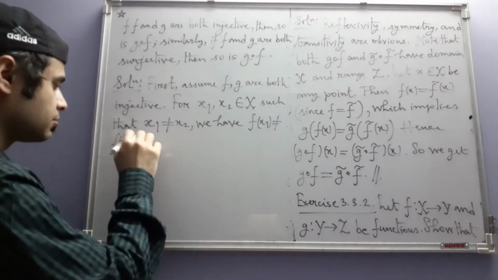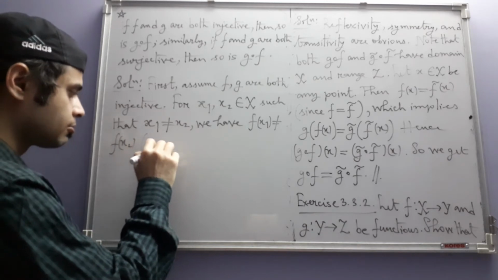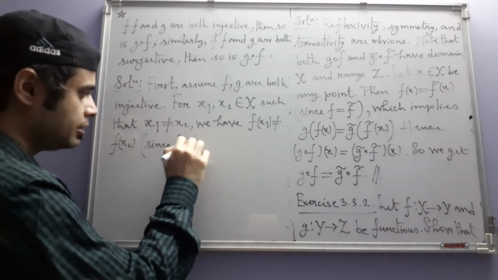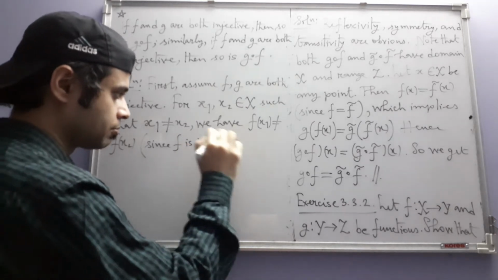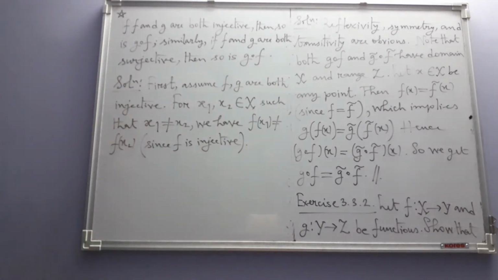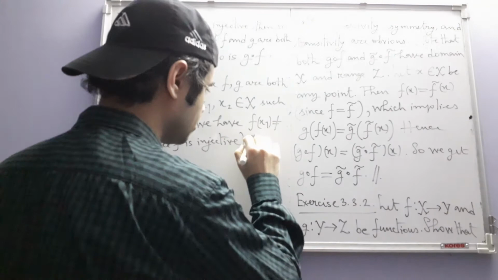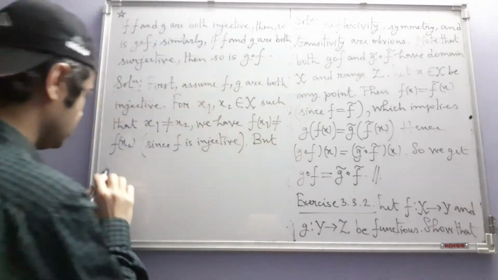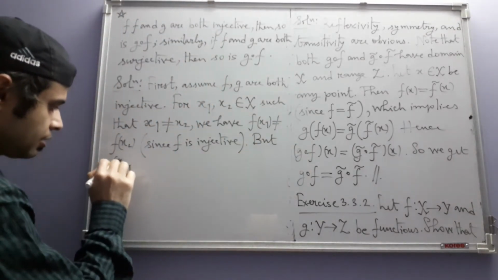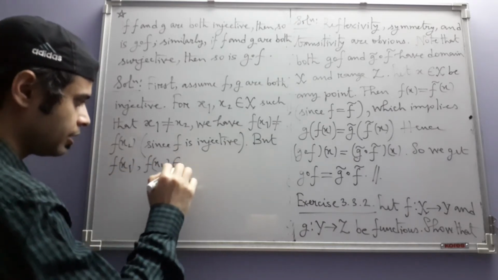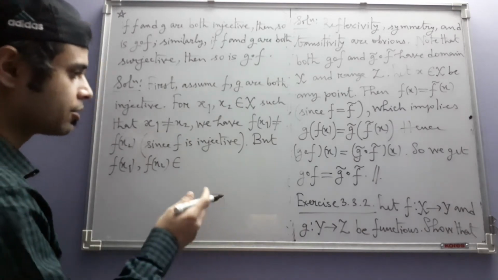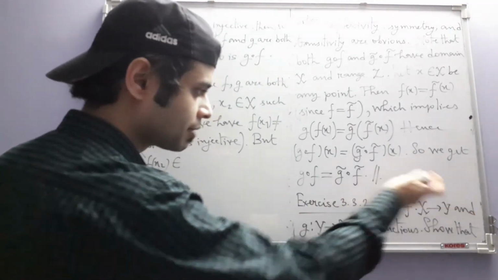Because f is injective. Injectivity of f allows us to write this, but f(x1) and f(x2) are elements in Y because f is mapping from X into Y,